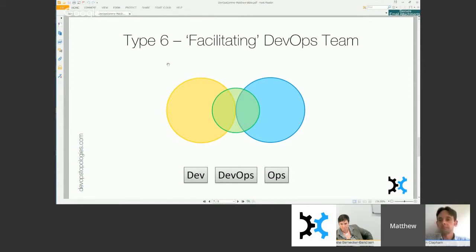We'll tweet a link to Conway's law after the session. But essentially, Conway's law says that the shape of the systems that we build reflects the communication patterns between different parts of the organization.